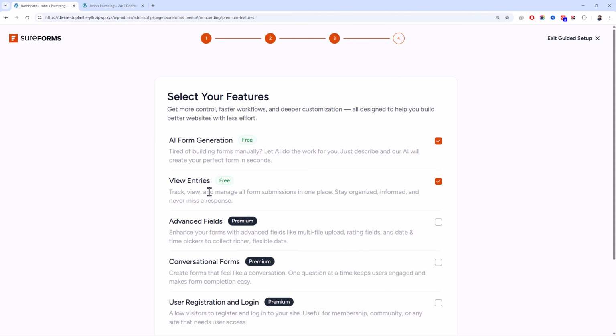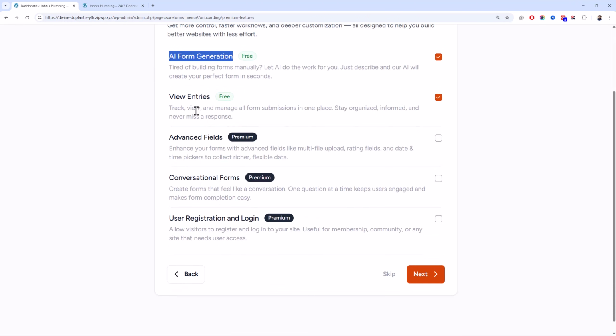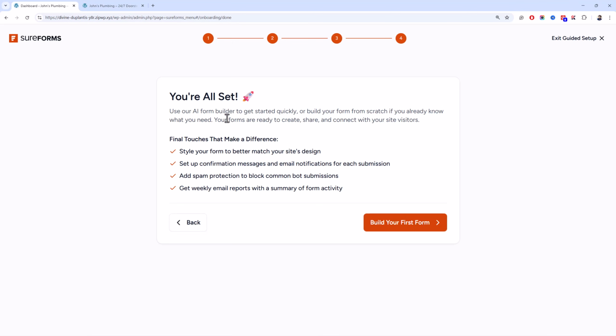I'll just skip this one for the sake of this video tutorial. And now you can see AI form generation is activated, and you can also view the submissions in your WordPress dashboard. And there are a couple of features that are available only in the premium version, like advanced fields, conversational forms, user registration, and login forms. Just click on next and you are all set.